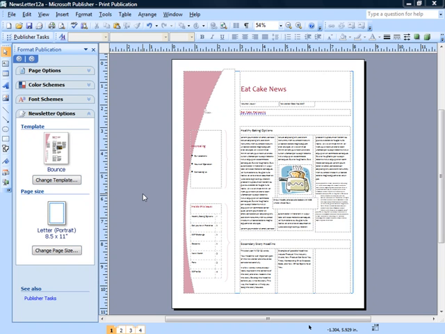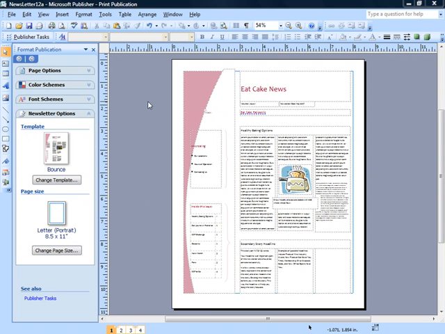I want to talk to you about something that you may have noticed by default that's happening that can be turned on and off. It's called the two-page spread view. When you're working with multi-page publications, this is a handy feature, but you need to know how to turn it on and off. So the first thing you need to do is have Newsletter 12a open on your screen